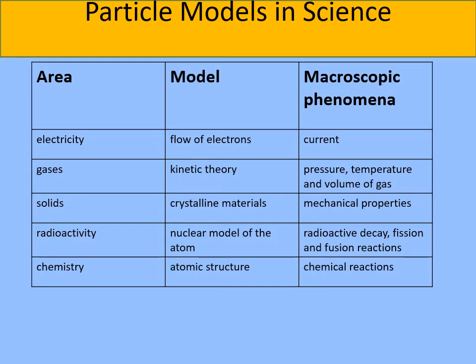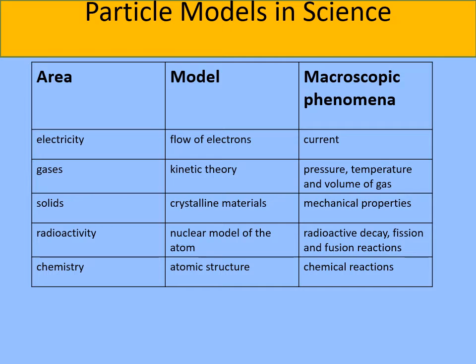So here are some examples in this table of different particle models that we use in science. For example, in the area of electricity, we have a model of the flow of electrons, and the macroscopic phenomenon is the current. The same with the area of gases. We have kinetic theory, which I've just touched on earlier, looking at the macroscopic phenomena of pressure, temperature, and volume